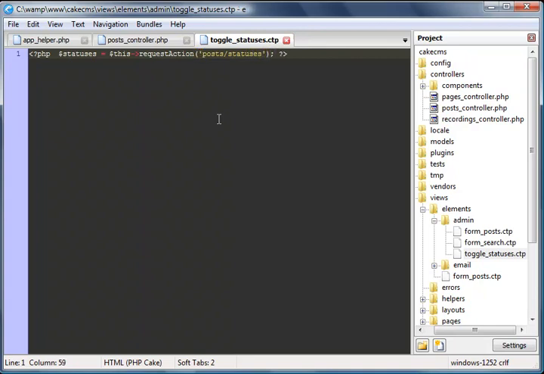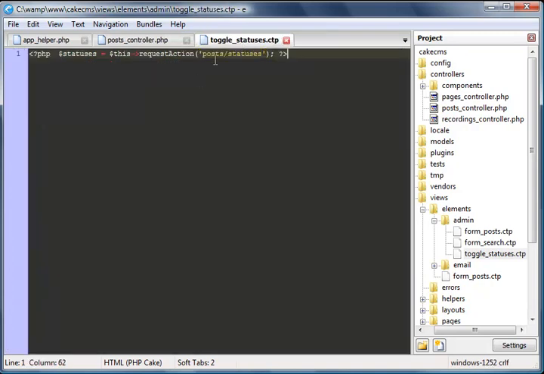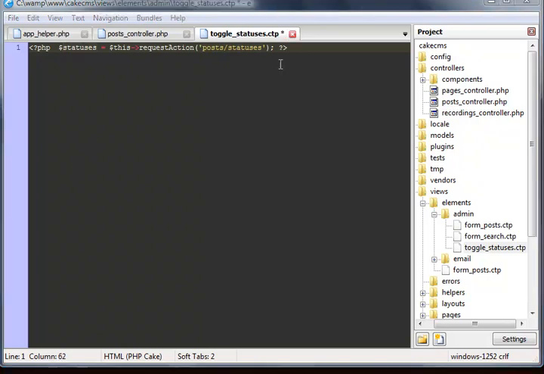Alright, and that's going to call that action just like it would up in the address bar, but it's going to call it from inside there. So it's going to call that, and it's going to get the value of what we return there, which will just be all the statuses. So now we've got that in that variable there, which is very handy. Alright, so now let's set up a foreach loop to loop over those statuses. Quite easy to do. We will just say statuses as status,